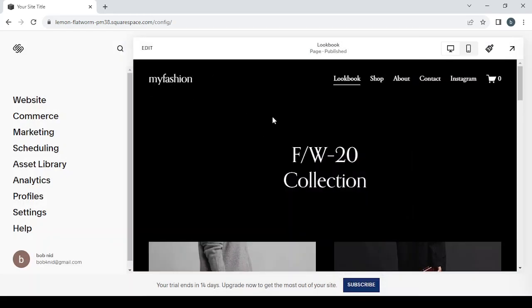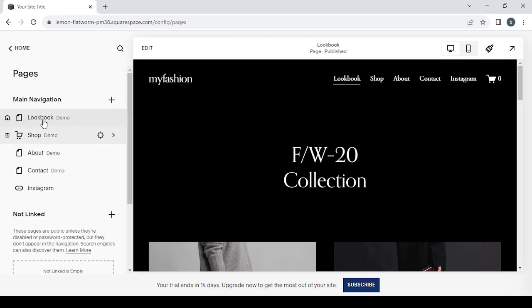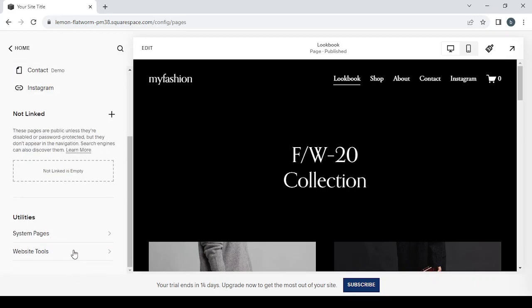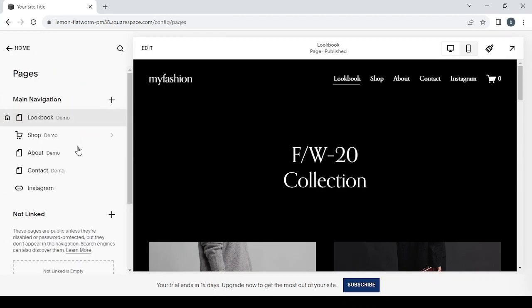And then this is our template, and on our left you have some sections, as you can see: the website, commerce, and we will explore them right now. So let's start with the website section. It's the place where we can add pages or change the pages or delete them. So here we have a lot of pages, and here we have some utilities. If you have a custom CSS, you can add it in here, or a code injection, or cookies and visitor data. So this is where you can adjust your pages. Let's go back,